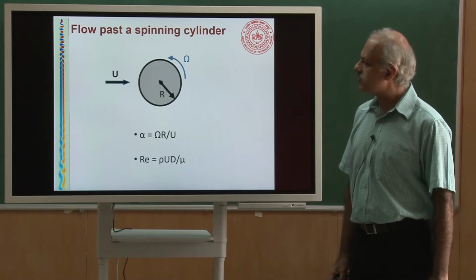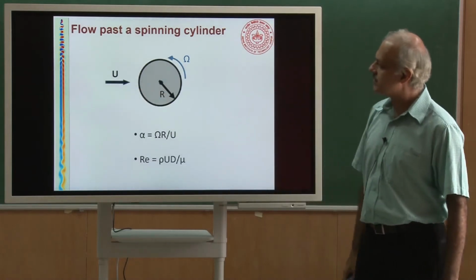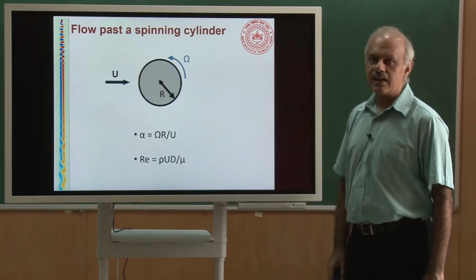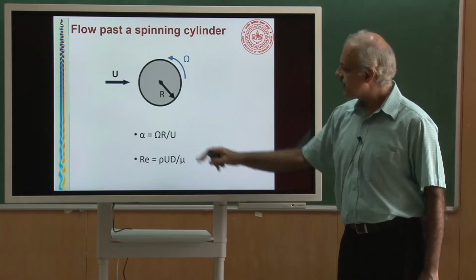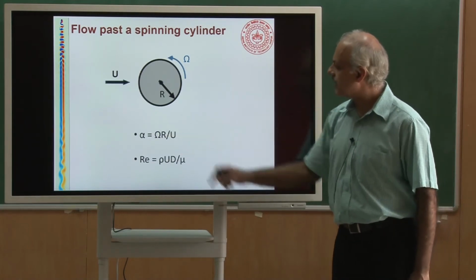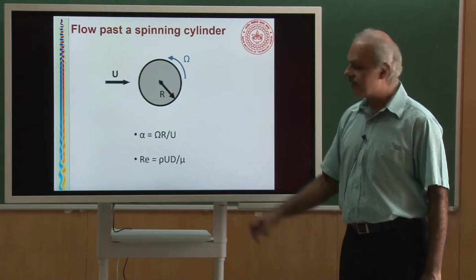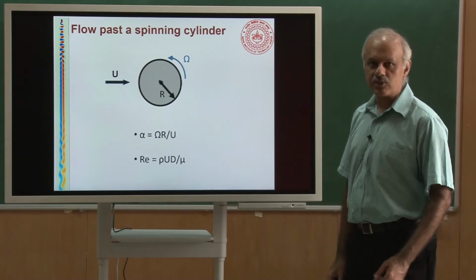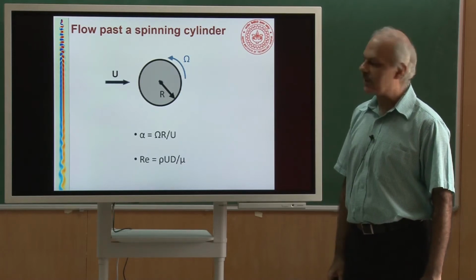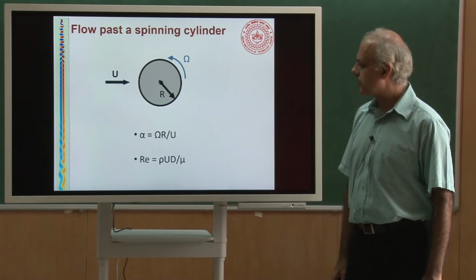So, let me recall for you the problem setup. There is flow coming in towards the cylinder, the free stream speed is u, r is the radius of the cylinder. There are 2 parameters. The first is the ratio of the rotation speed at the tip of the cylinder, so that is omega r, non-dimensionalized with the free stream speed, so that is alpha. And now the second one is the Reynolds number. Of course, when we looked at the blackboard, there we were looking at the potential flow, so there is no Reynolds number there, or you could think of Reynolds number being infinity.